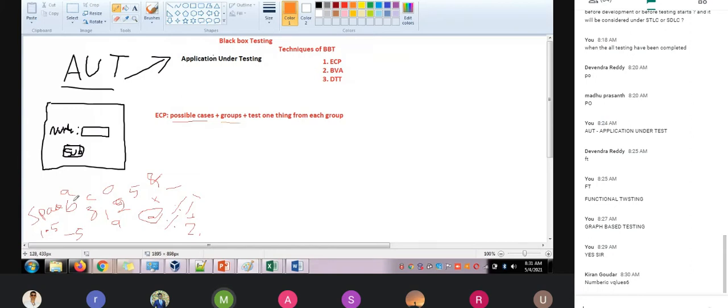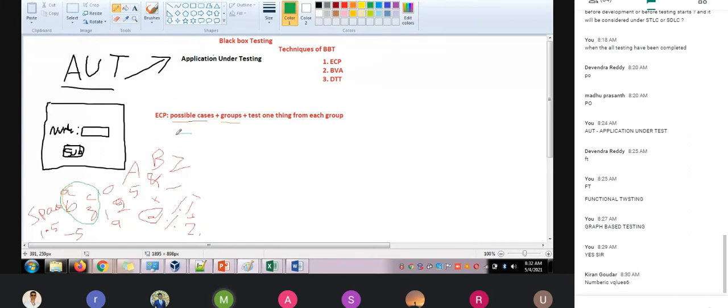Sir, I will make this one group. Let me change the color, guys, okay. So this is one group, alphabets. I forgot to tell you, we can use capital A also, right? Capital A, capital B, capital Z, correct?